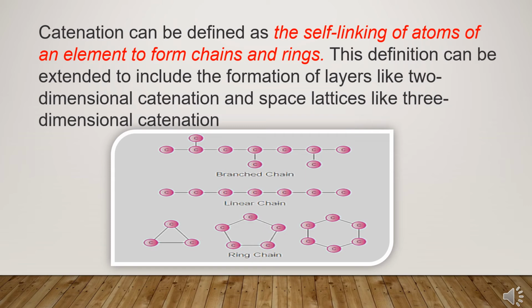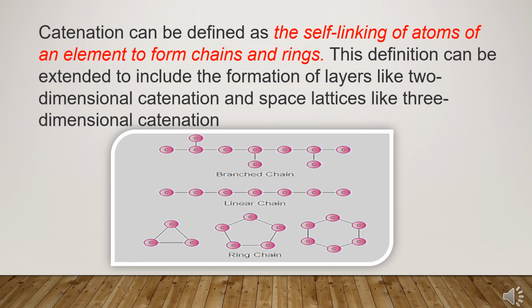The covalent bonds between the various carbon atoms are very strong and do not break easily. The reason for the formation of strong bonds by the carbon atoms is their small size. This small size of the carbon atom enables the nucleus to hold on to the shared pair of electrons strongly.